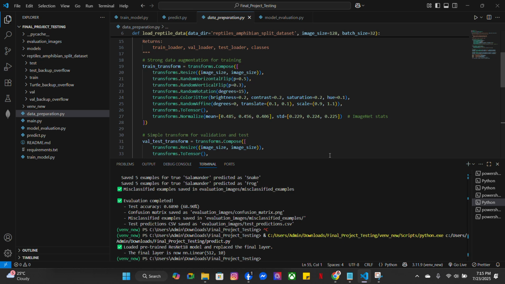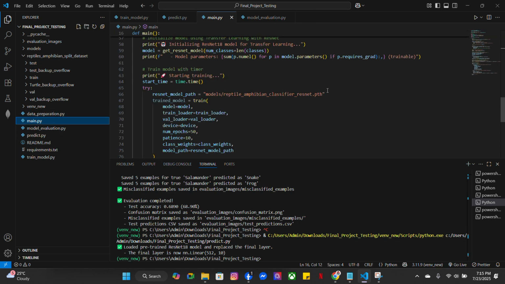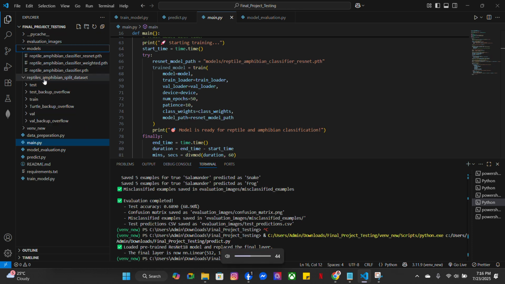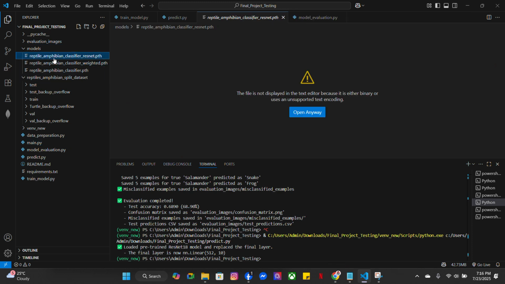So actually you can customize the model, just change the epoch number or the batch size and even the dropout values for experiments with different setups. I actually did change batch sizes and epochs during training. As you notice, I have here about 3 different models. Right now we're using the ResNet one.